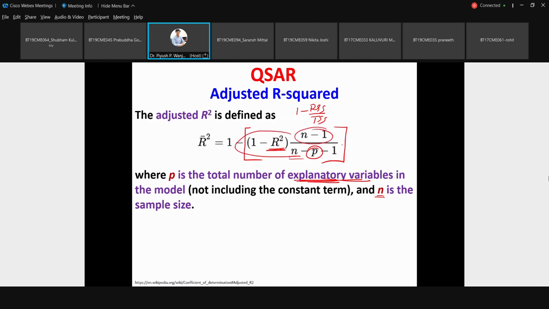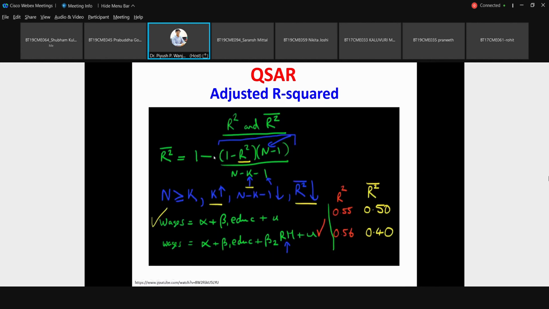So the entire term will increase proportionally, so the adjusted R square will be according to the p value. This R square value will be adjusted. There is a video in detail which explains how the adjusted R square value improves over the R square. I have given the link for it. If you haven't understood, just go through that.